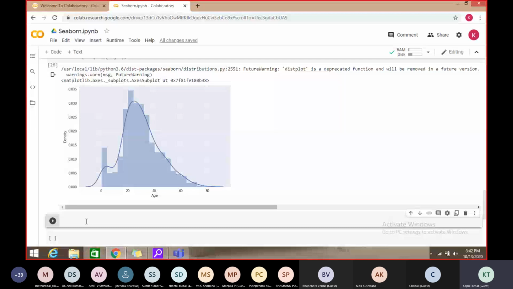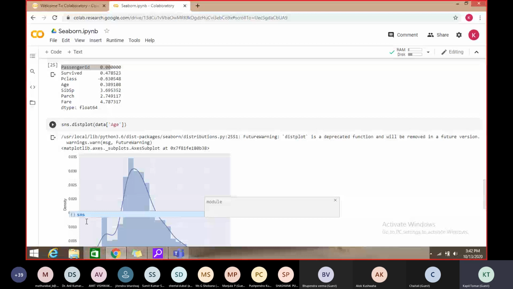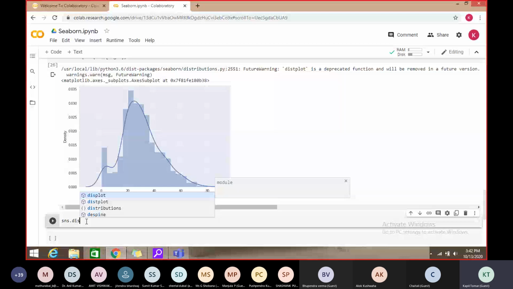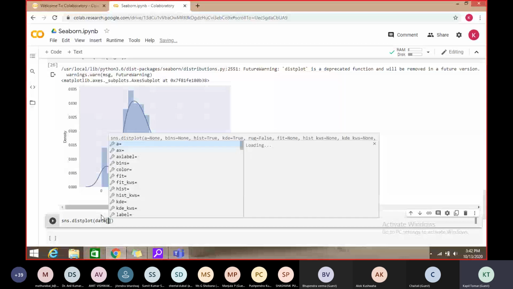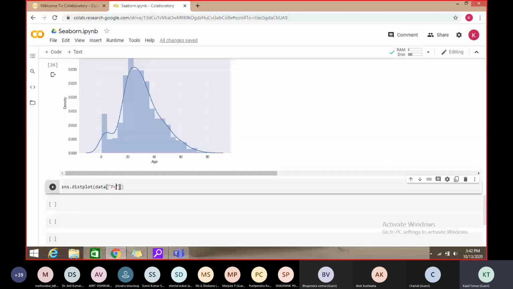So here we can again check another value, which is Pclass. So sns, the Seaborn library's alias name, dot displot graph, and on which column I want to call it, data, then Pclass. Let me check the name, Pclass, capital P class.